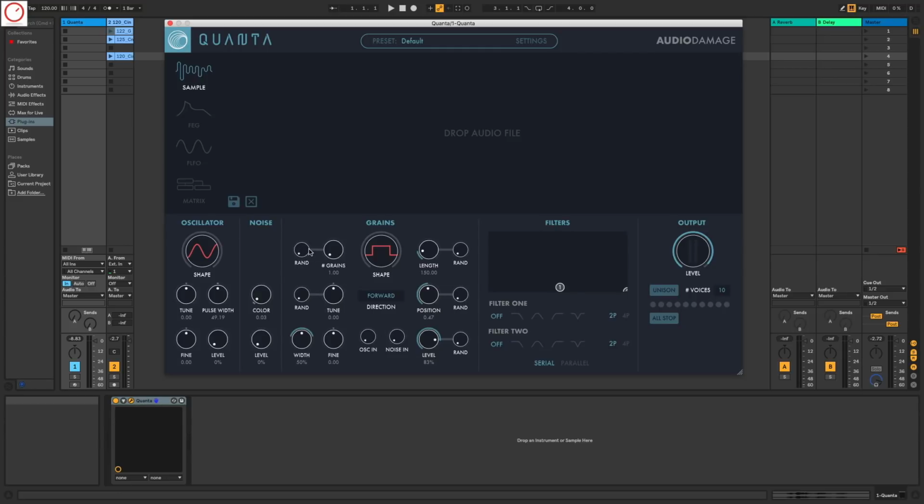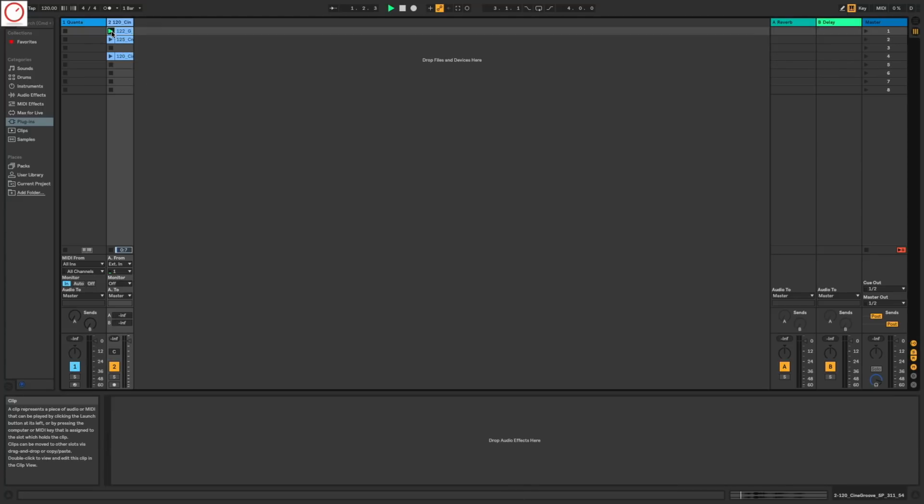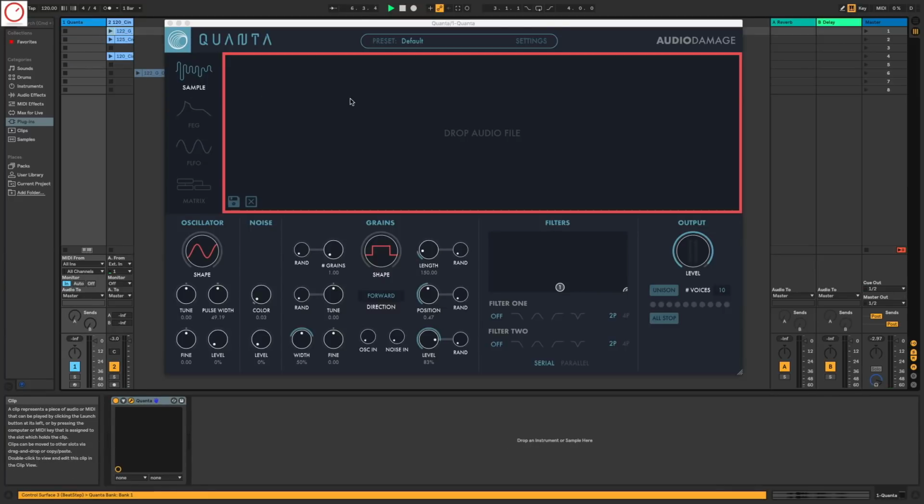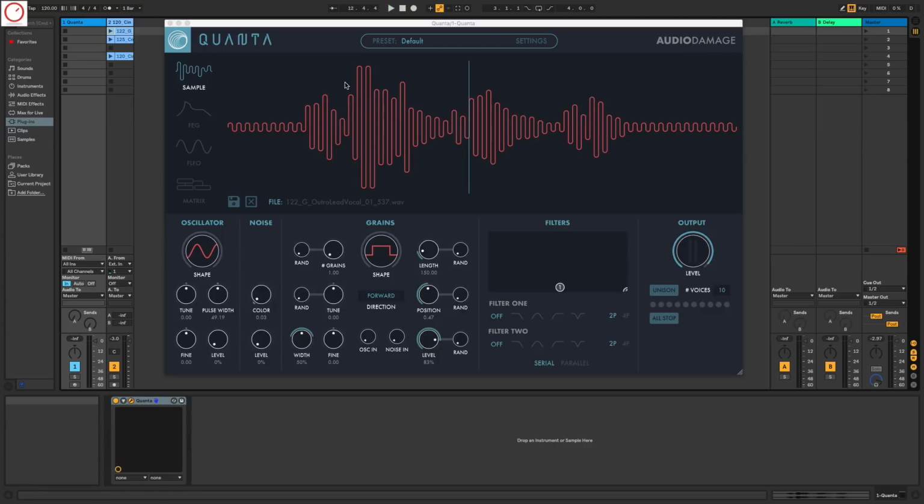So let's check out now the granular engine. I take now a vocal sample. Now the storms, they're rolling in. So it's a very basic vocal sound. I drag it to the drop audio file section here. Important to know is that you can import samples in AIFF, WAV, OGG, FLAC and MP3. My file is a WAV file, and if you are now in Ableton Live, don't panic if the sample direction here doesn't work. There are some samples which don't work, but this is a problem of Ableton and not of